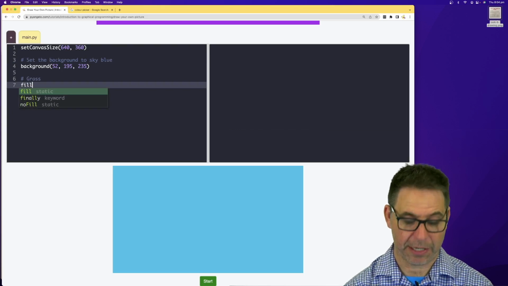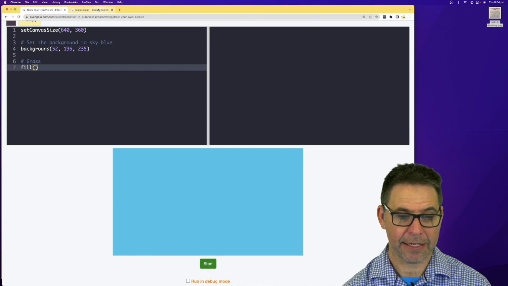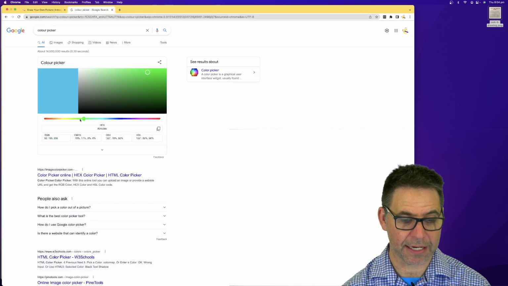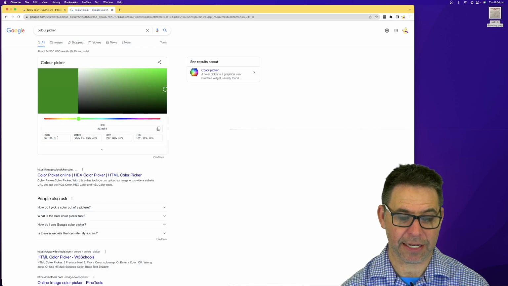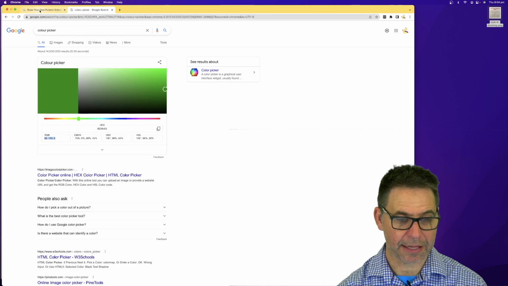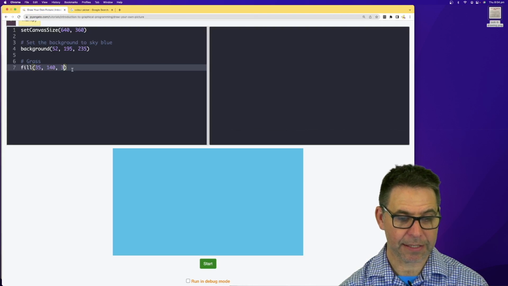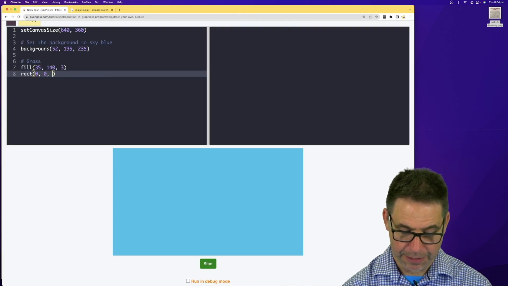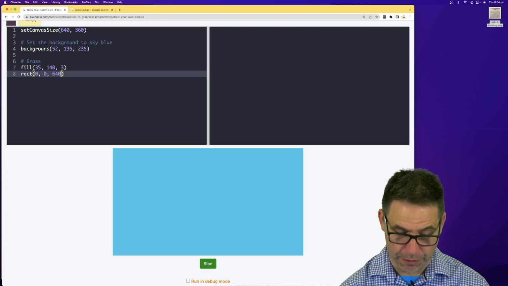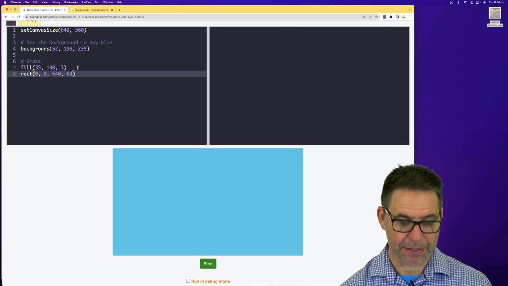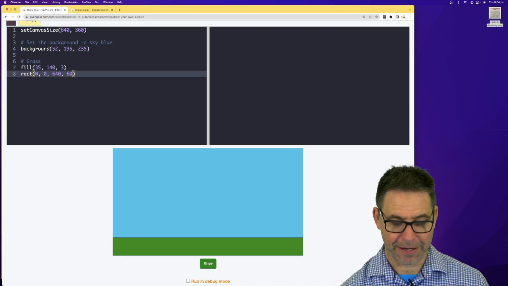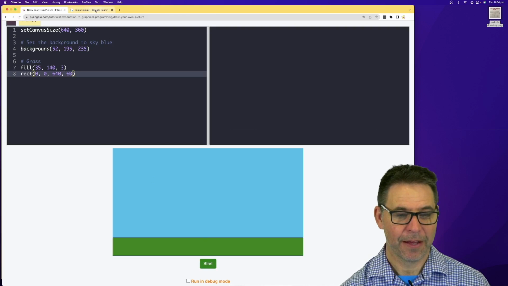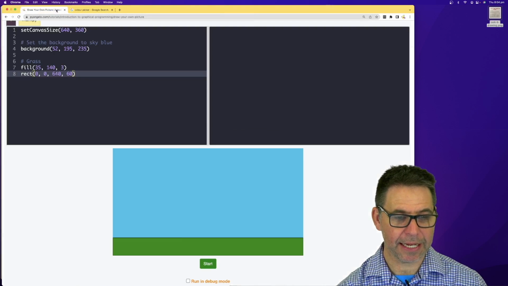So I'm going to choose a fill color that is like a nice grassy color. Kind of like a darker green. I like that. So I'm going to choose that there for my grass color. And then I'm going to draw my rectangle starting at 0, 0, 640 pixels wide and 60 pixels high. Hey, there's my grass. I like it. All right. Next up is,